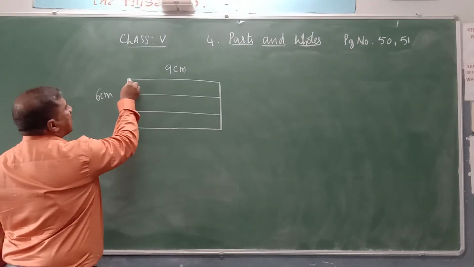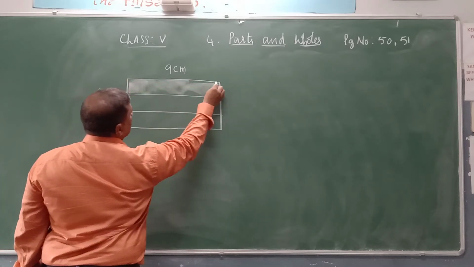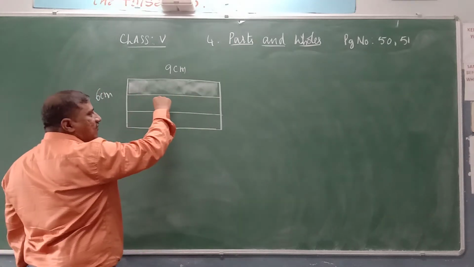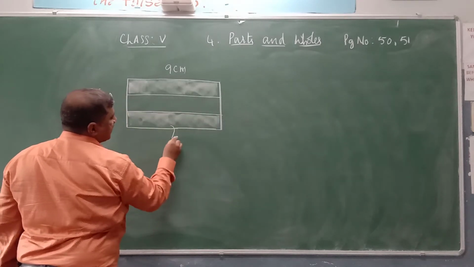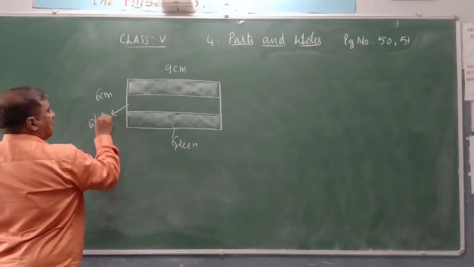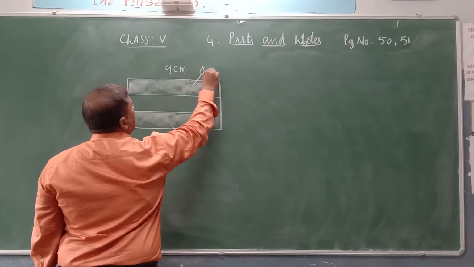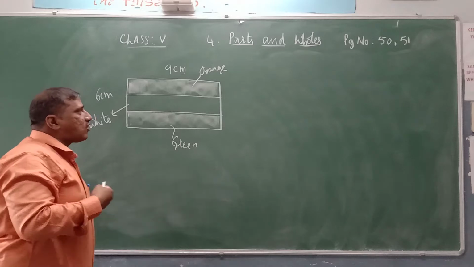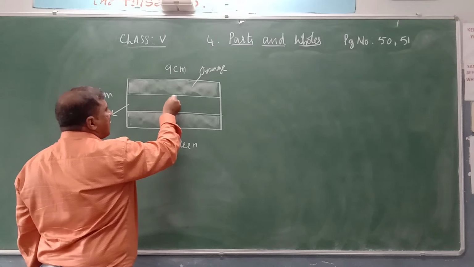The top 1/3 you color with the orange or saffron color. What color do we have to shade this? Saffron color, and in the middle it is white color, and at the bottom it is green color. Here it is orange or saffron. And where do we draw the Ashok Chakra, our emblem? It is in the middle, in the white portion.